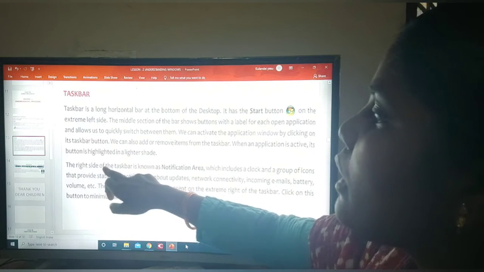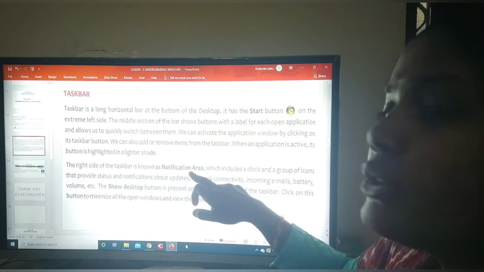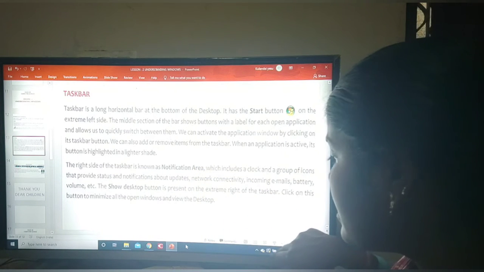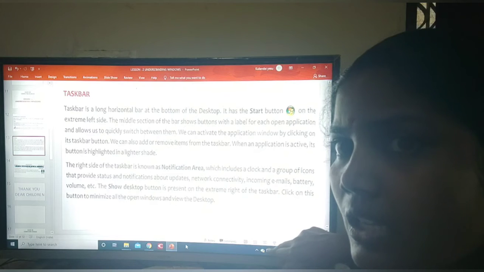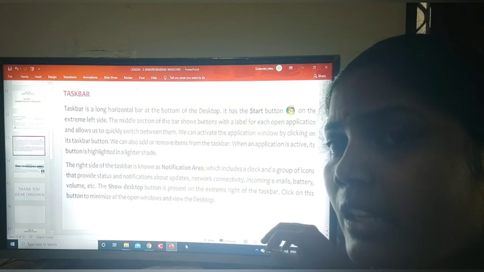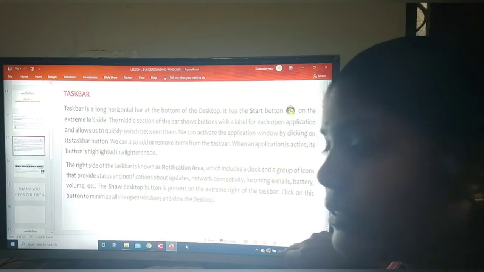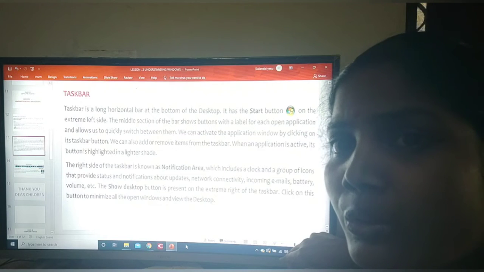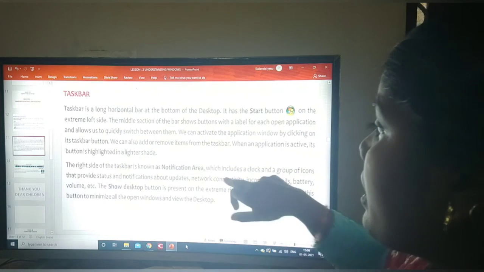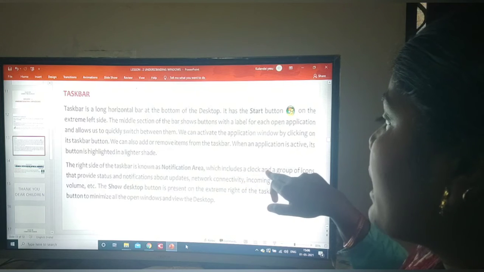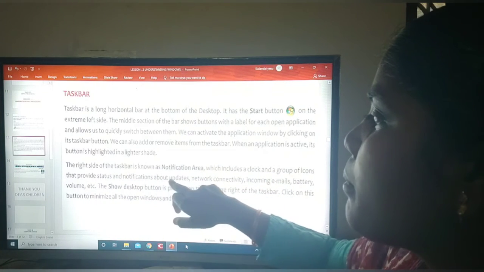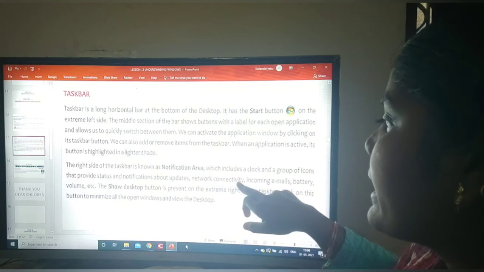The right side of the taskbar is known as the notification area. So here this is the notification area. If I get any information, like a WhatsApp message, I can come to know from here. This place is the notification area, which includes a clock and a group of icons that provide status and notification about updates and network connectivity.